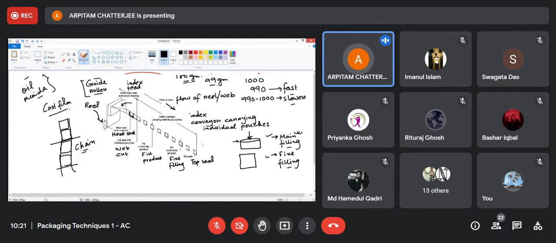And here again, you have an automation that maybe after every chain, you will have a slitting. That means, for example, in one chain you may have 20 sachets. After 20 sachets are done, there will be a slitting or cutting arrangement. Basically, you will have a cutting arrangement. We will cut it after every 20 sachets. So these 20 sachets will remain as a chain, and you can also get a perforation. Means in the end, you will see that they are being joined like this.